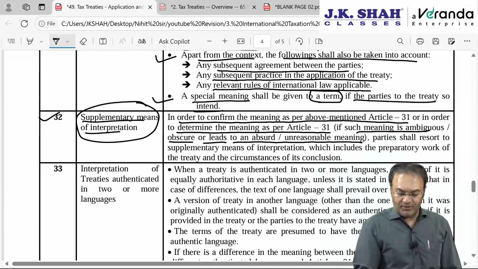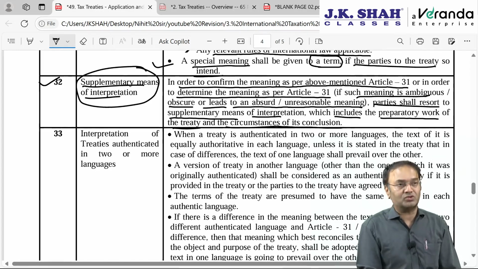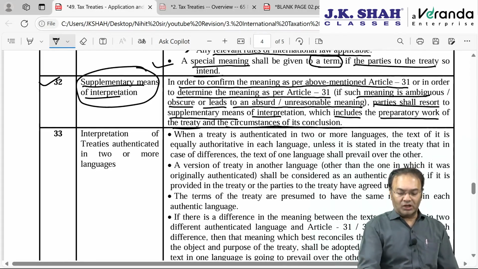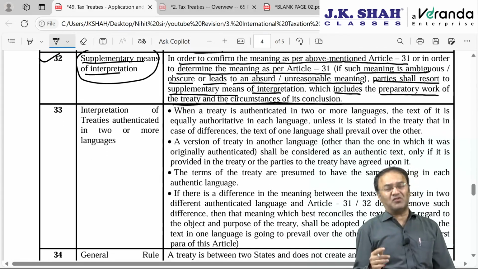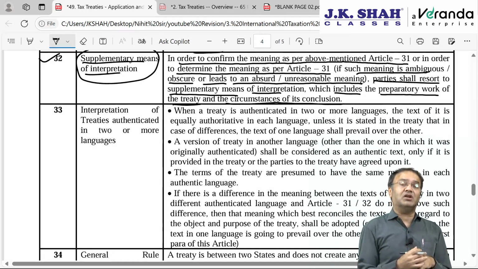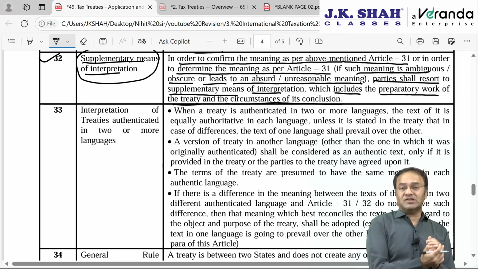Article 32, parties shall resort to supplementary means of interpretation which includes preparatory work of the treaty and the circumstances of the conclusion. Okay, this generally does not apply in real life, but it says that the circumstances of the treaty, in what circumstances the treaty was entered into, whether there was any coercive action or not. For example,